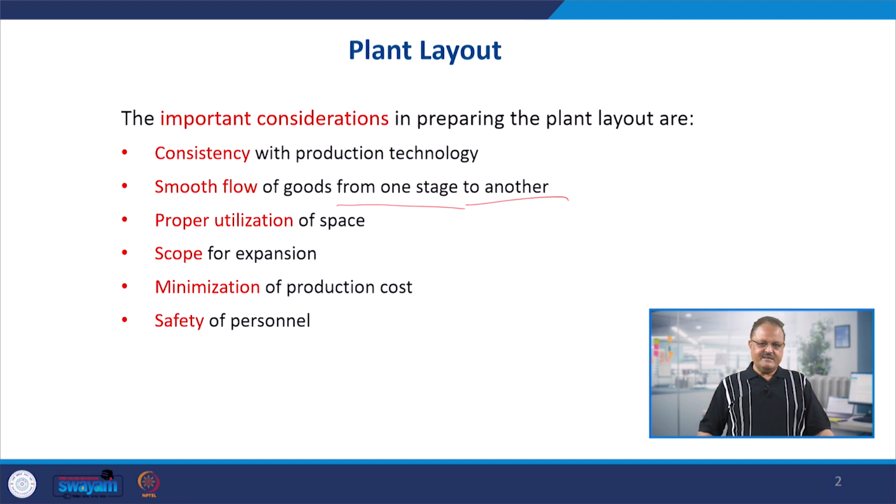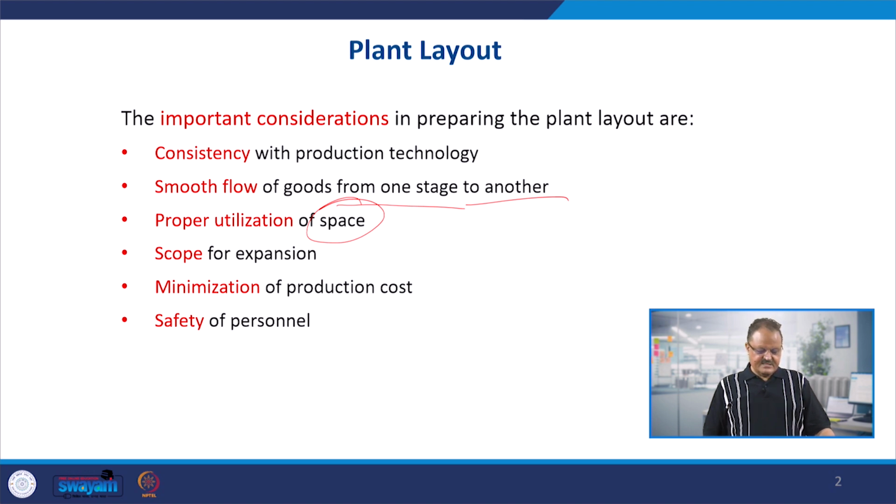Proper utilization of the space is another important consideration, because space is something which is a very, very critical resource. These days space is getting lesser and lesser, and we are not able to find sufficient space for housing industrial units. Even in designated industrial areas, the space provided by the controlling body of the industrial area is always a question and always a limiting factor. So whatever space is available with us, whether we have created it ourselves or we have hired the space, or maybe we have erected some sheds and some buildings, there is always a paucity of space, and we